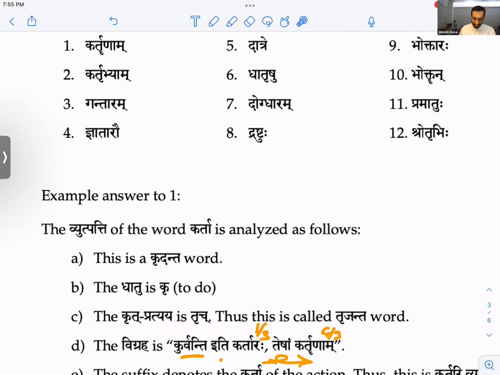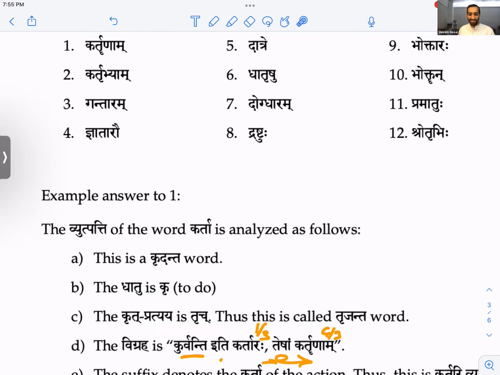The vigraha vakya. Okay, so this is a little bit tricky. Da dhatu is the funny form. Anybody can unmute yourself and say. Yeah, I can hear you saying it. Okay, so dadati, right? Dadati is how we get it. So dadati iti data. Dadati iti data. That's also a tongue twister.